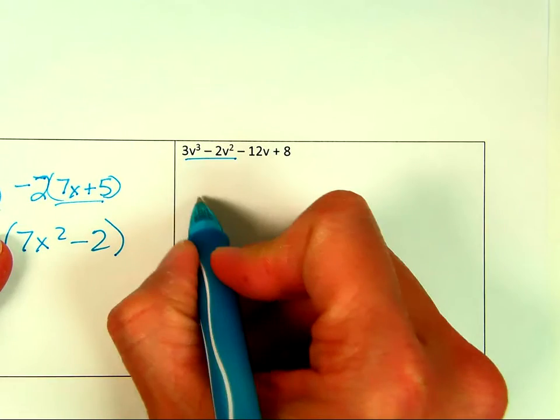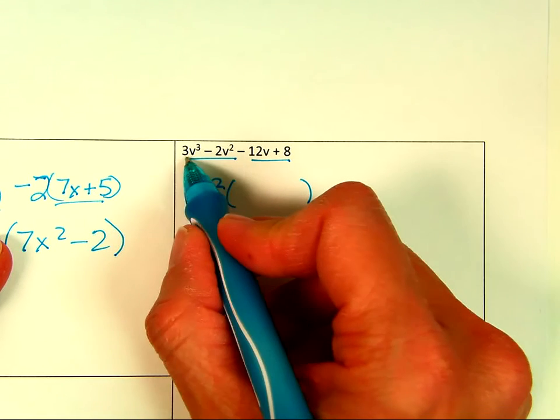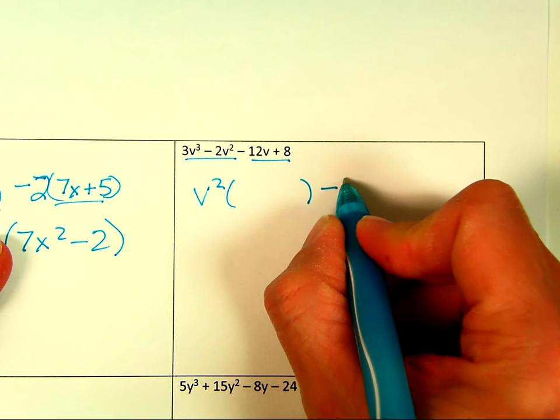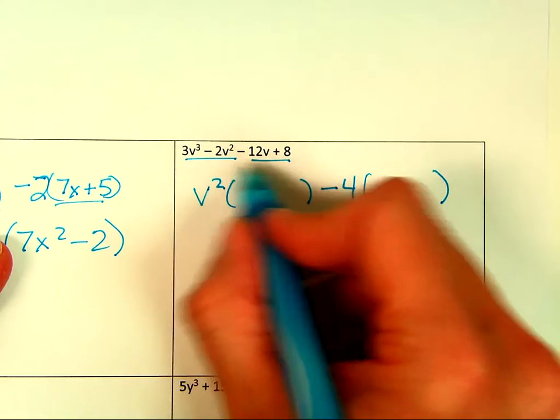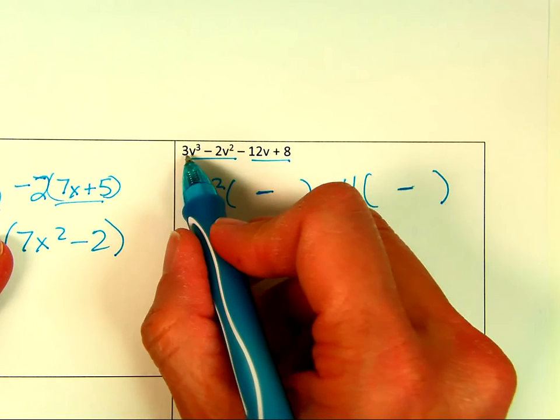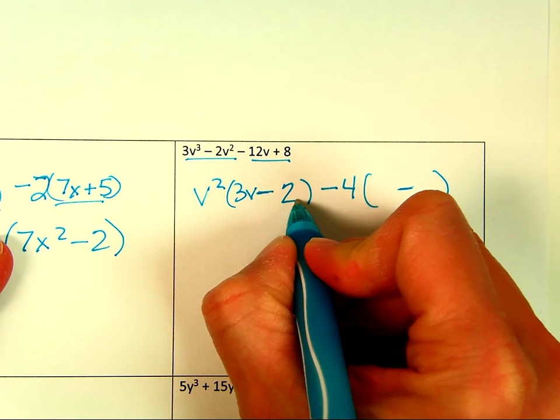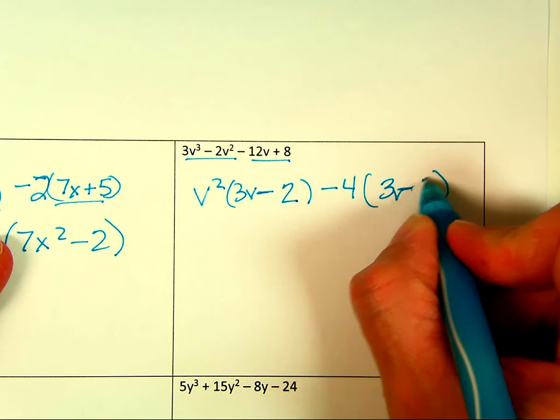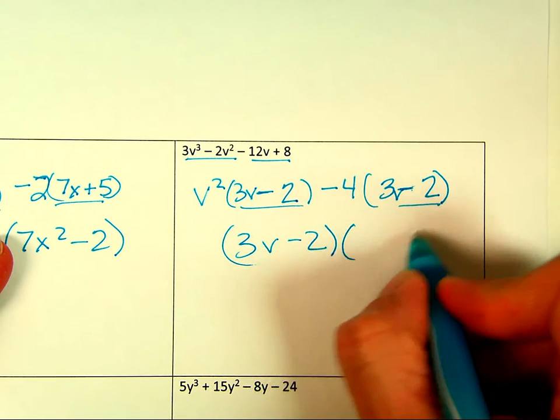Greatest common factor, v squared. Greatest common factor. Okay, so now that was a positive and a negative, and this one's a negative and a positive. So what I want to do probably is take out a negative 4, because then that'll get me a negative in the middle, just like that one. So let's see if that works. If I divide everything by v squared, I get 3v minus 2. And over here, if I take out a 4, I get 3v minus 2. So my 3v minus 2 becomes my greatest common factor of those two parts, and I get a v squared